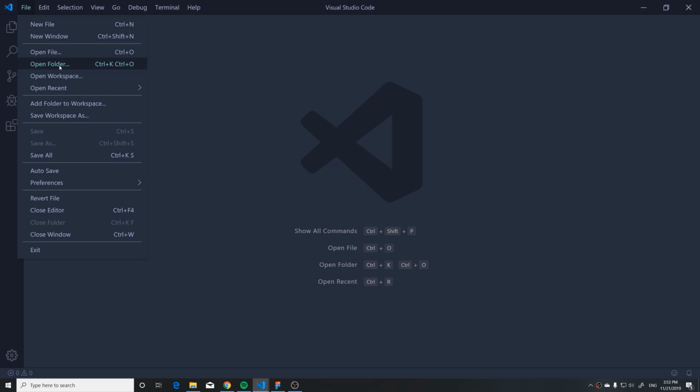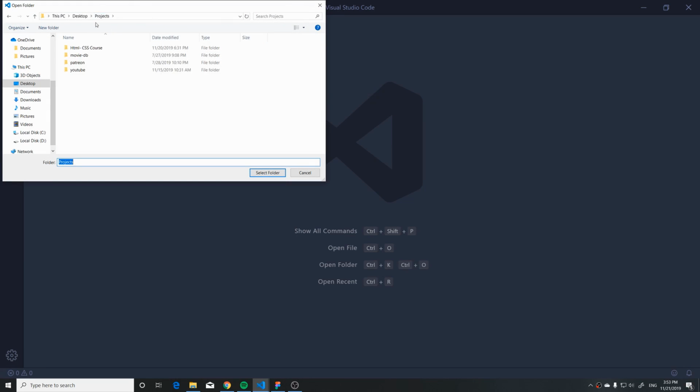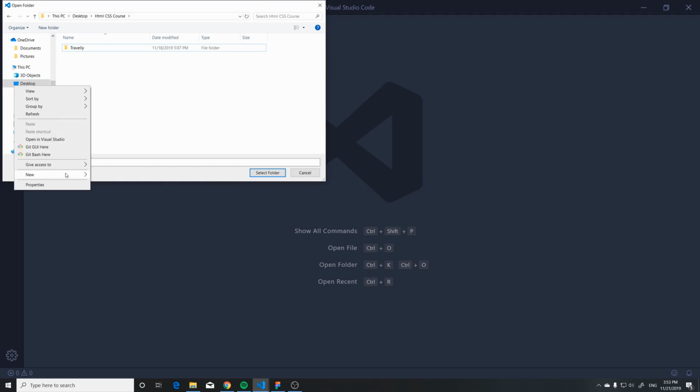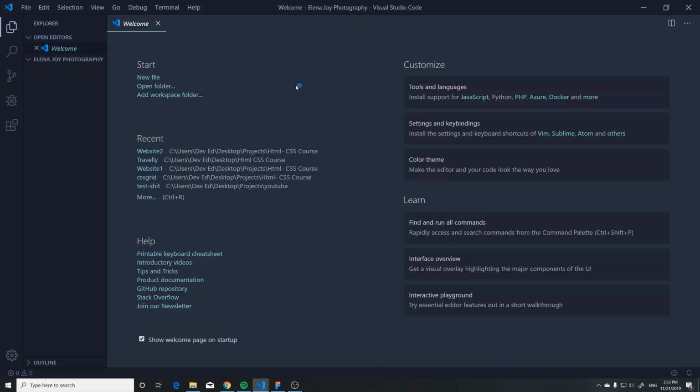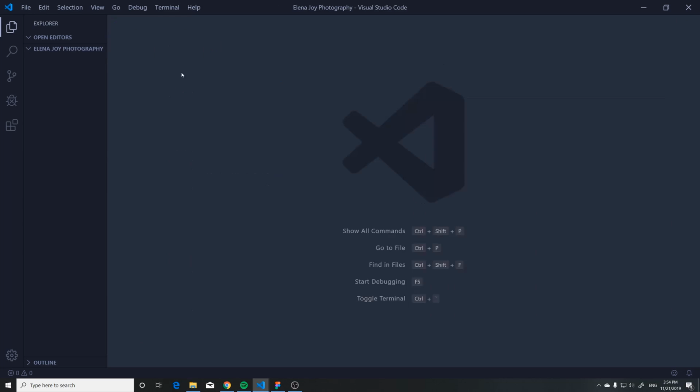We're going to open a folder and we're going to go here. I'm going to go on my desktop, projects, HTML, CSS course. So we have the Travel-y one and we can make a new one. And this is going to be called Alina Joy Photography, like this. Okay, and then we're gonna select this one and open it up. Okay, so in this one we're just gonna do some preparation, and after that we are gonna start building it